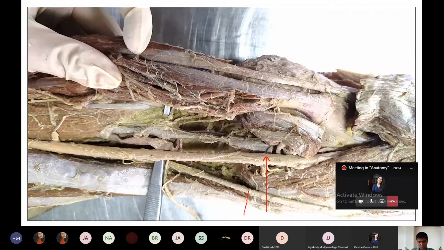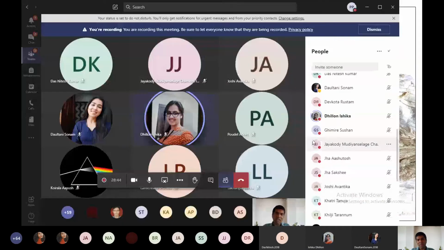Yes, and similarly, what is this nerve? Common peroneal nerve. Very good, common peroneal nerve. And everyone read the root value of the tibial and common peroneal nerves, the distribution of the nerves and some of the applied part related to these nerves, because this will be asked in the tail question. First of all, identification, then there will be the tail question. And as already we have discussed, for the common peroneal nerve you have to always remember the foot drop.